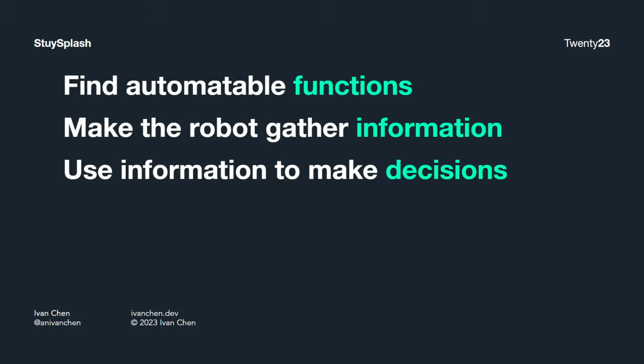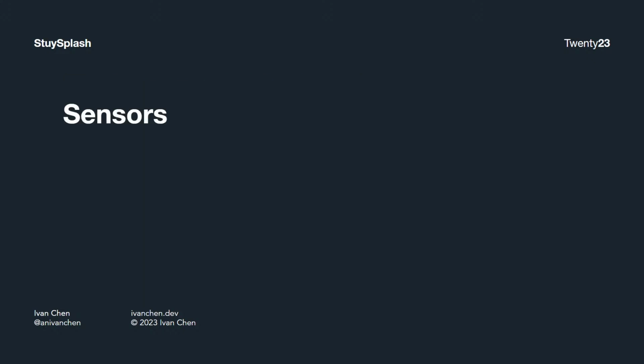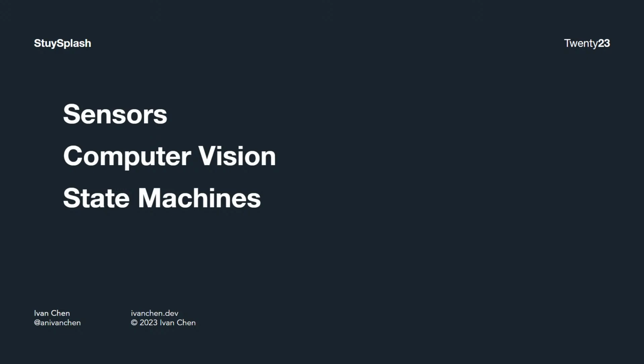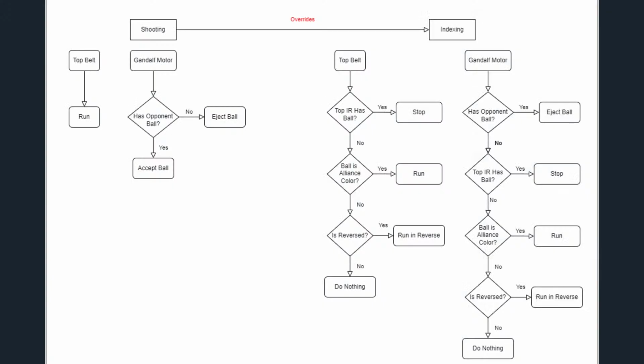Now, what this really means in terms of actual robot features would be things like adding sensors to the robot, having computer vision on the robot to gather even more data, using state machines like for our conveyor system in 2022, and using logic trees. So let's look at Excelsior's logic tree for our indexing. You can see that we have two primary states, indexing and shooting, and there are a lot of questions that the robot asks itself